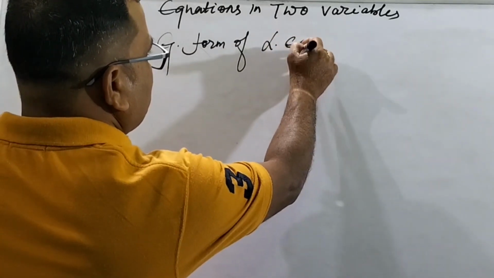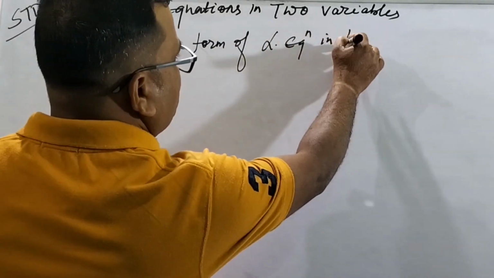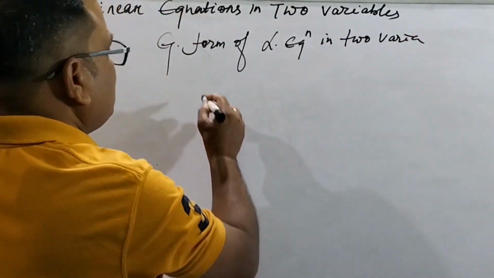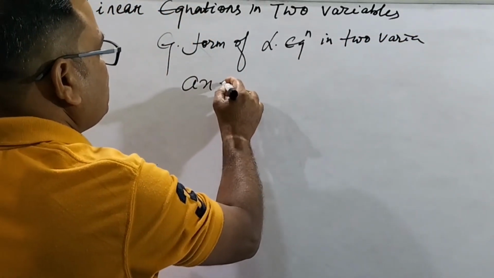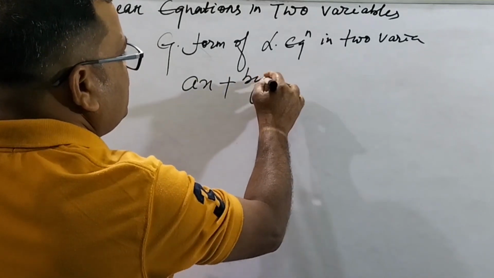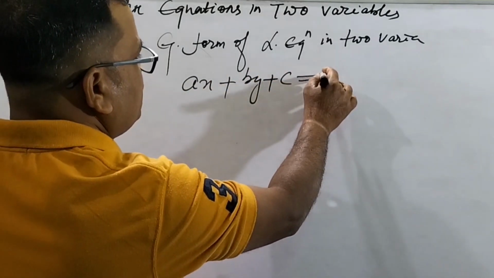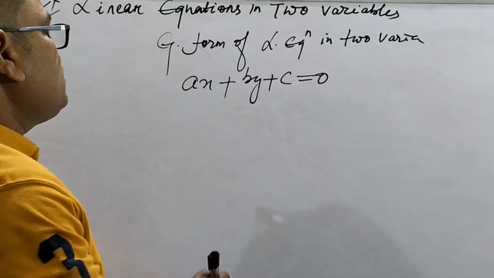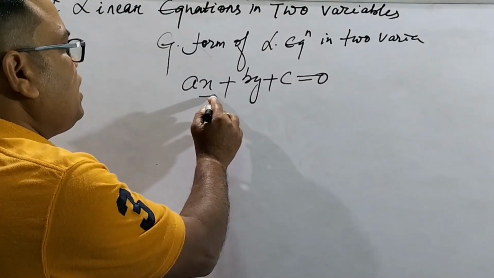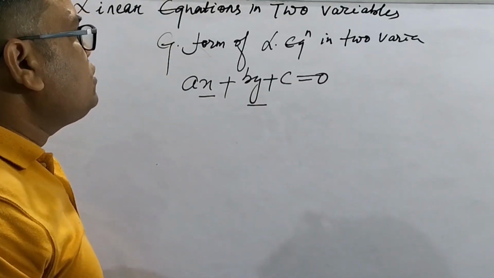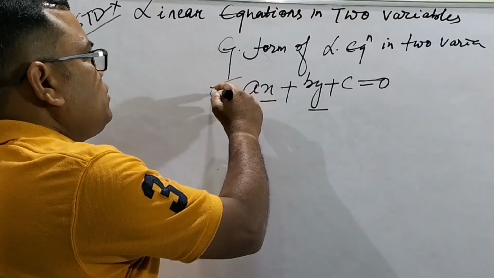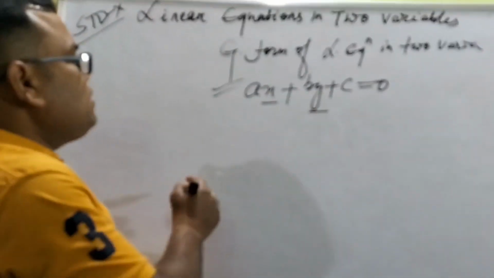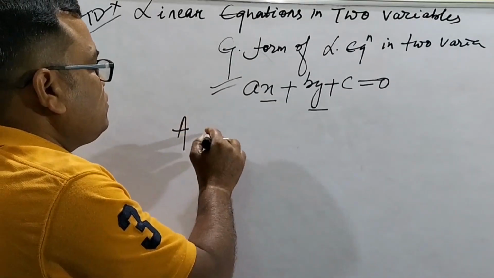Linear equations in two variables. That will be ax plus by plus c equals 0. This is an equation having two variables x and y, so this is called a linear equation in two variables. So we will have to solve, if it is given, a system of